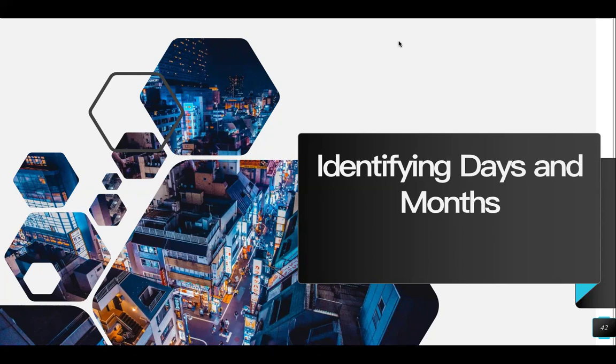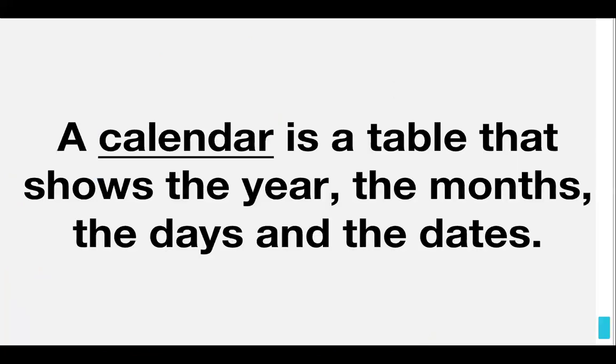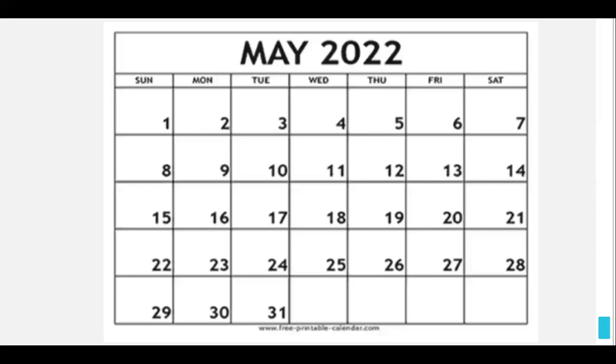Pero bago lahat, ano nga ba ang calendar? What is the calendar? The calendar is a table that shows the year, the months, the days, and the dates of the year. Okay, like this one. So sabi natin, like what our definition,